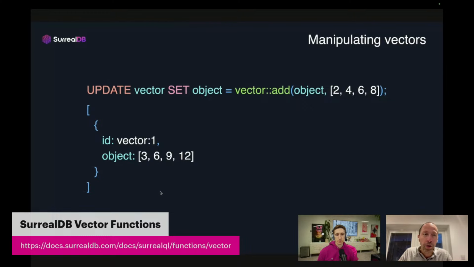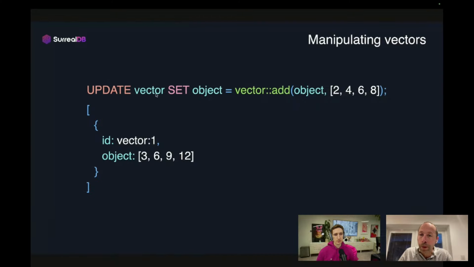Okay, so this is about manipulating vectors. Here we even add this value to every vector that was existing in the table vector, right? It's really powerful. You can update millions, thousands of rows with just this statement and apply a function to your vector.